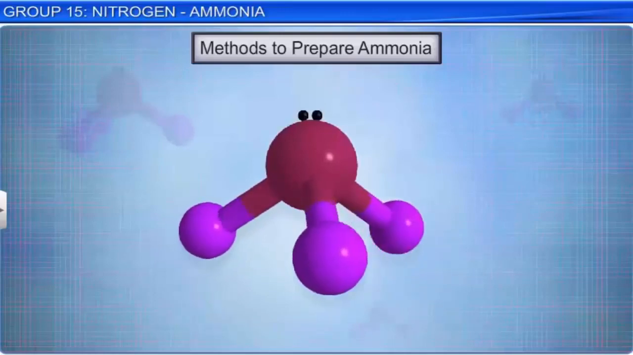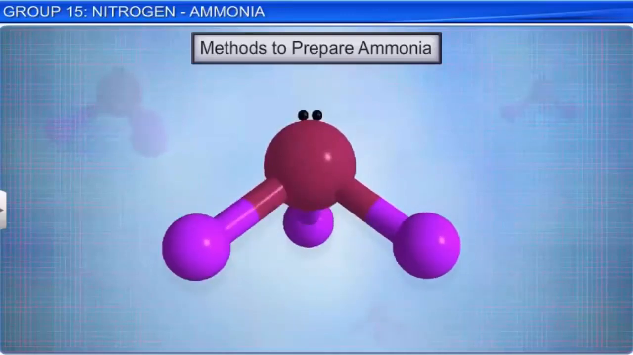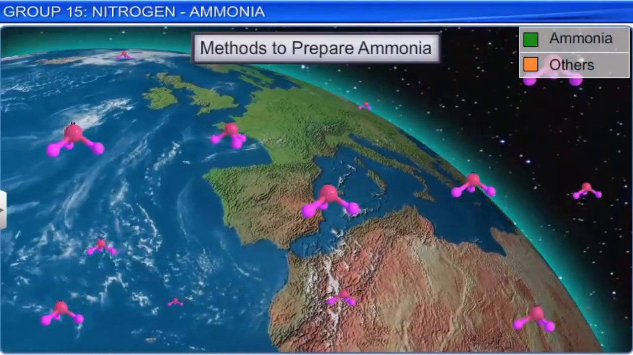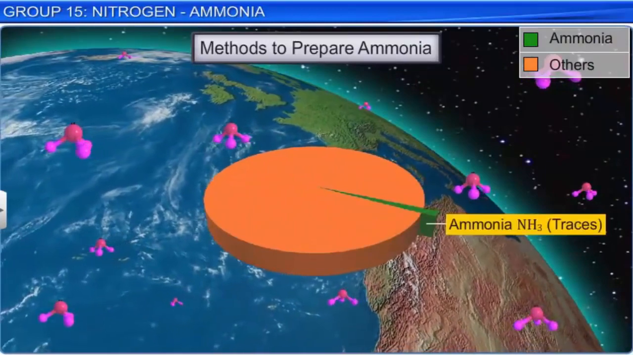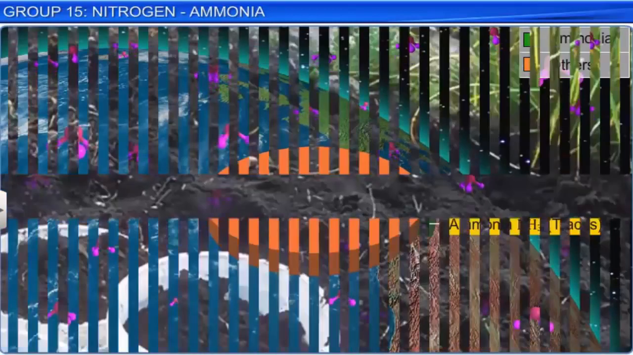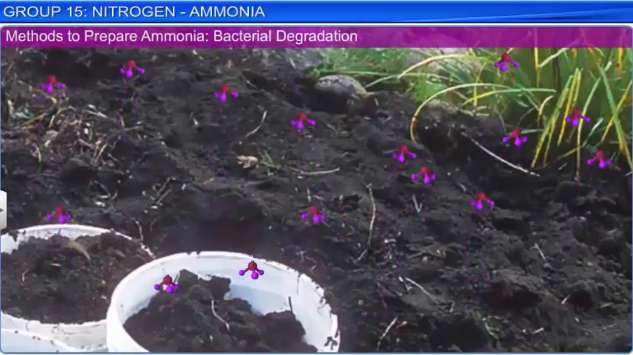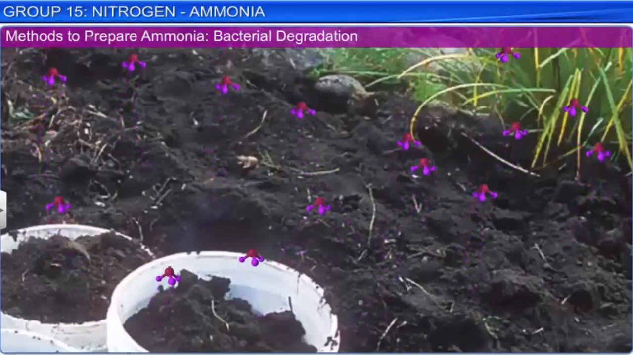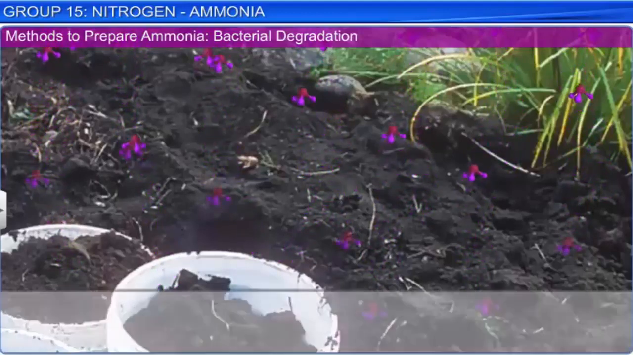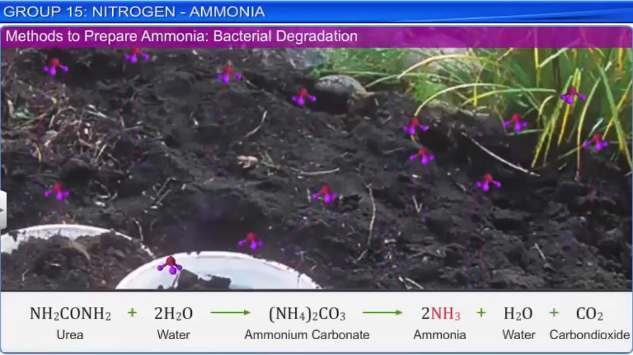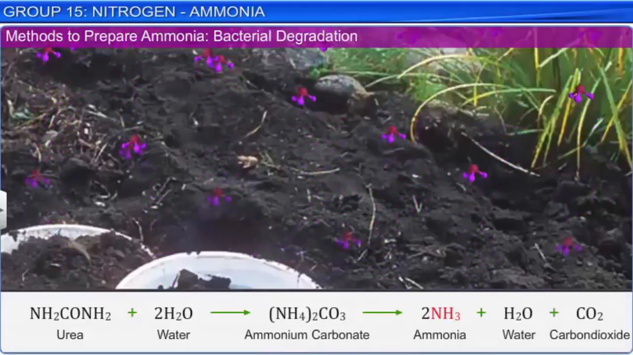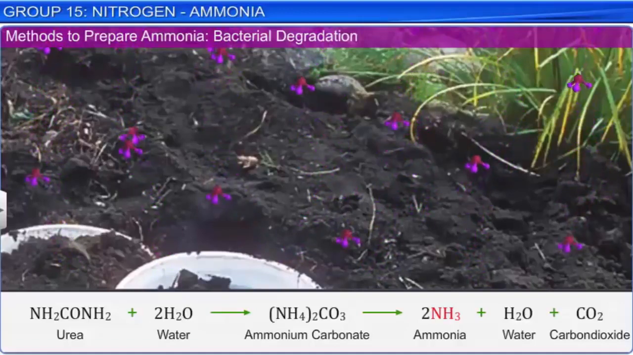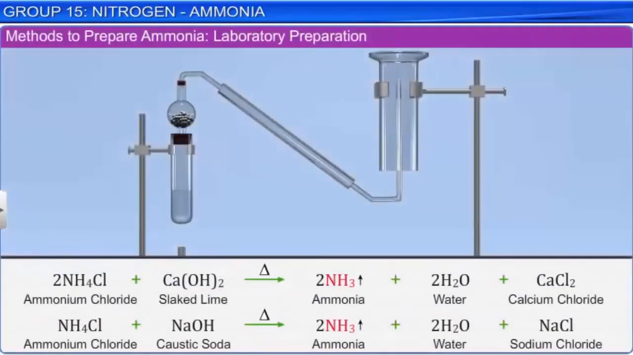Let us first look at various methods to prepare ammonia. Ammonia is found in traces in the atmosphere. The bacterial degradation of nitrogenous organic matter of plants and animals forms ammonia. The equation corresponding to the formation of ammonia from the decay of urea is shown here. In the laboratory,